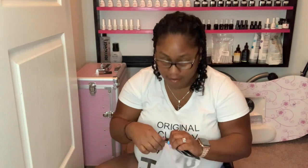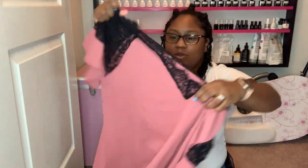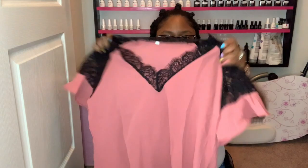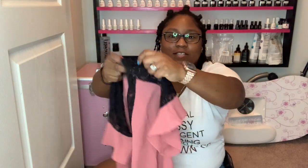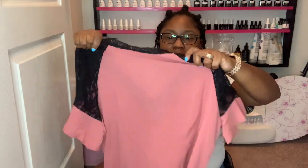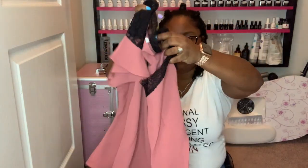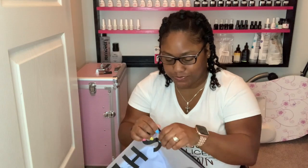Next we have, oh, so that black shirt I got in this coral color as well, because as you see, I like pink. It's really cute. And I love lace, but you guys can really see the detail on the lace on this one. And it is a V-neck. And it's not really see-through. Alright, so next up,